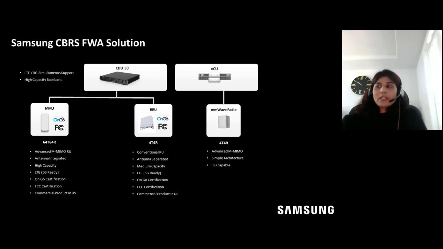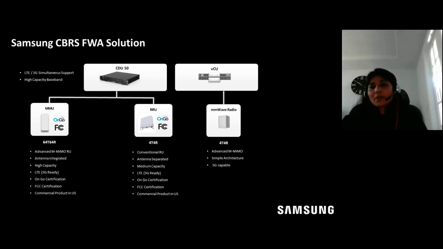In the case of FWA, where many residential subscribers demand a high data rate, both MU-MIMO and beamforming technologies will play a key role in delivering those high-demand 100 by 20 data services. MU-MIMO and beamforming can do it for many customers simultaneously. They can provide that 100 by 20 service to all the customers simultaneously. The second product for FWA deployments is 44R, which can also be used for medium capacity requirements.